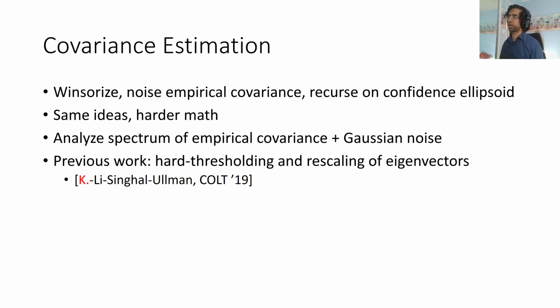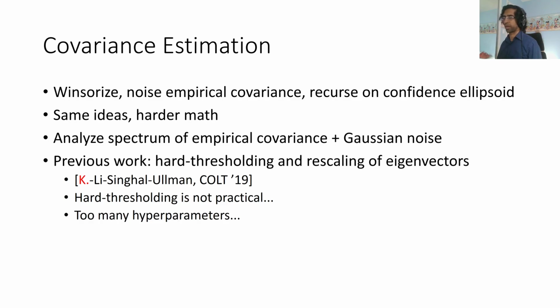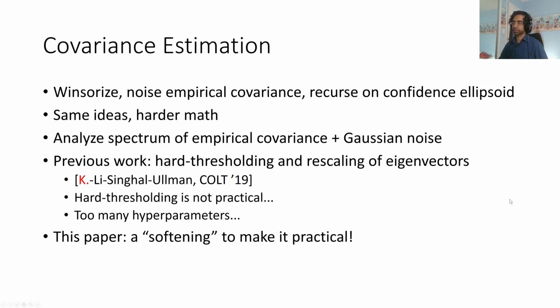We have to do a slightly more fine-grained analysis, the reason being that their approach is really a hard thresholding approach, which is not generally practical. And in particular, their approach has too many hyperparameters. It really was focused on trying to get a theoretically good algorithm, but not actually a practically good algorithm. Our goal is to go beyond the theoretical investigation so far and make something that's actually practical and usable. So our softening helps with both of these issues. It reduces the number of hyperparameters, and it removes some of the pain points associated with hard thresholding.